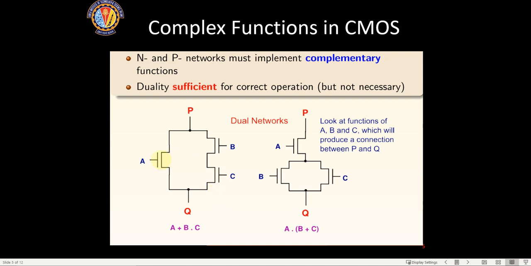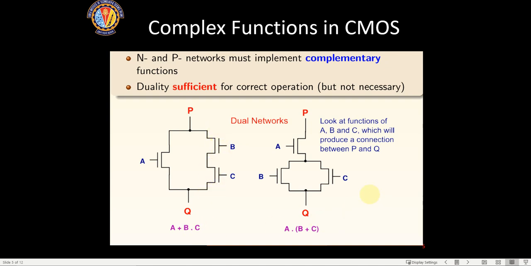See, this is A, this is B dot C. So if I have to implement a pull down network of A or B and C, this is how I will implement A or B and C. That is, if A is high, it will get pulled down to 0, or B and C, because B alone cannot pull down, since this is connected in series, so it will not be able to pull it down.